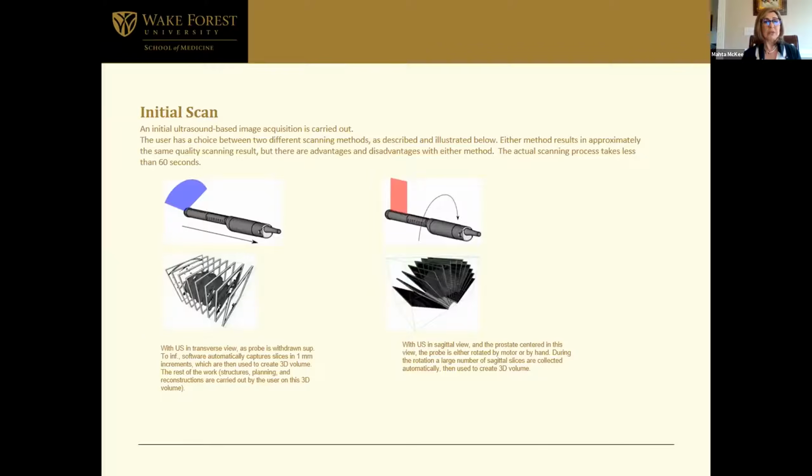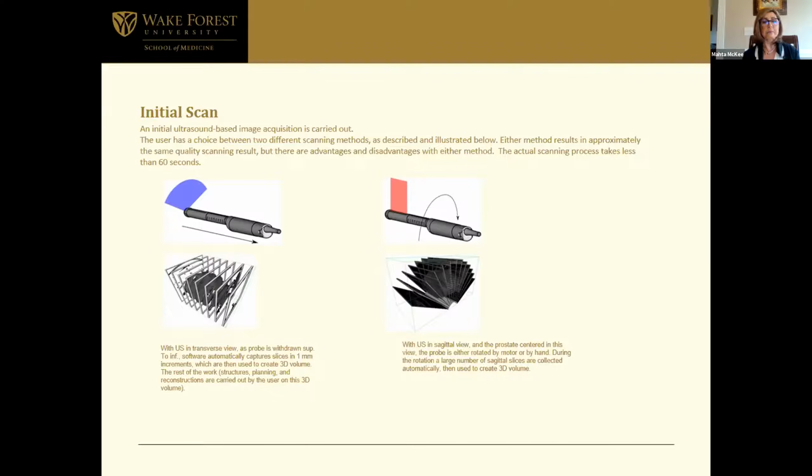With respect to ultrasound scanning, there are two different methods that you can actually scan. One, which is the most common one, is using the transverse view, where the probe goes superior to inferior. The slices are going to be 1 millimeter slices captured in increments of 1 millimeter. And then once the entire data is collected, you'll have a 3D envelope of your images. And then finally, once that is done, you're able to basically contour, do all your structures, needle reconstruction, needle